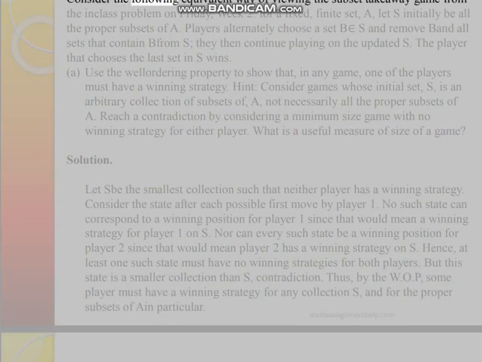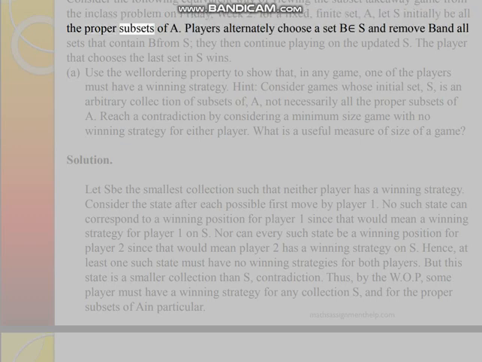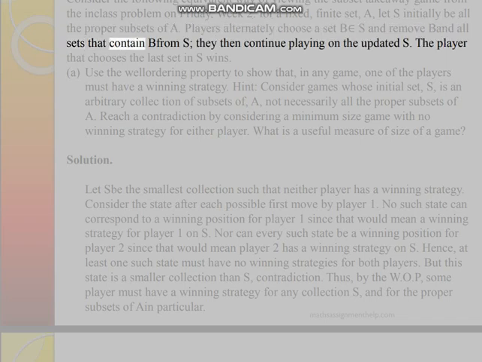Problem 4. Consider the following equivalent way of viewing the subset takeaway game from the in-class problem on Friday, week 2. For a fixed, finite set A, let S initially be all the proper subsets of A. Players alternately choose a set B that is an element of S and remove from S all sets that contain B. They then continue playing on the updated